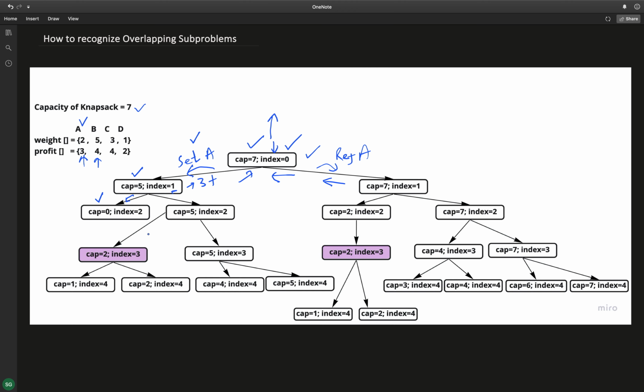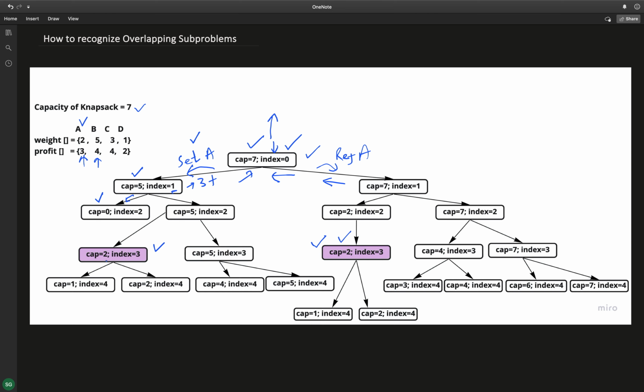In these recursion calls, I have highlighted these two because they are called for the same capacity and index. So they are representing the same subproblems. Here also it is being calculated for capacity 2 and index 3, and again it is being repeated here.